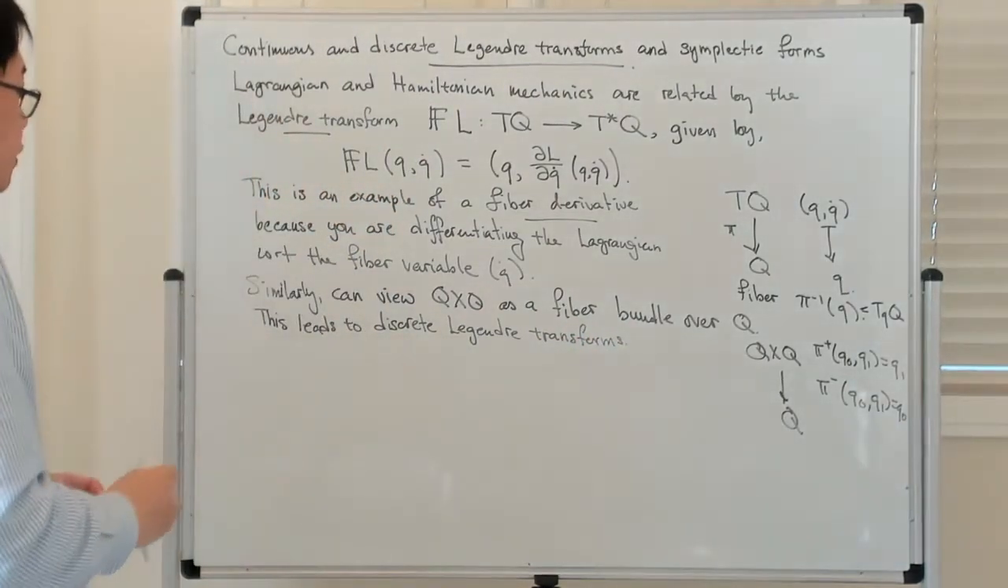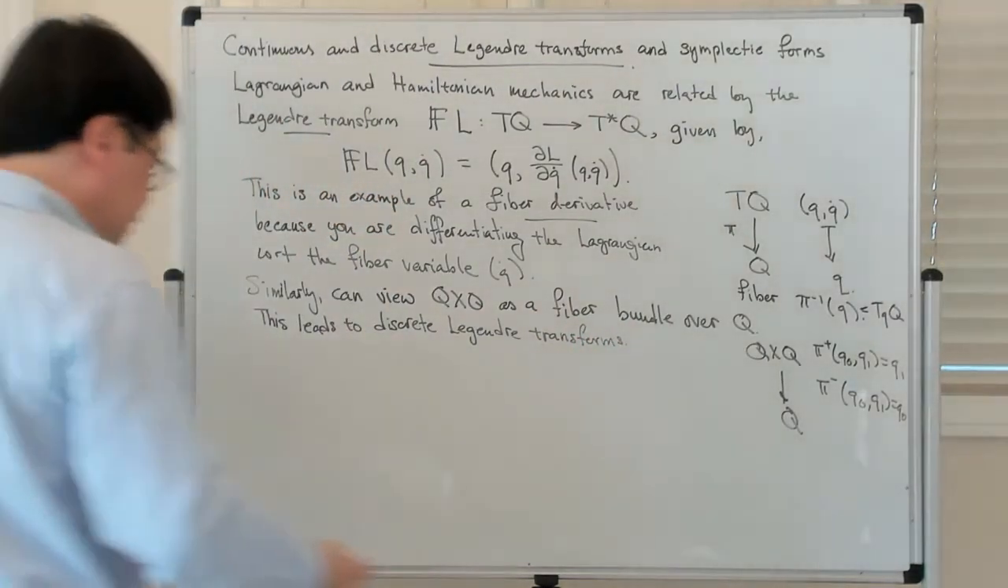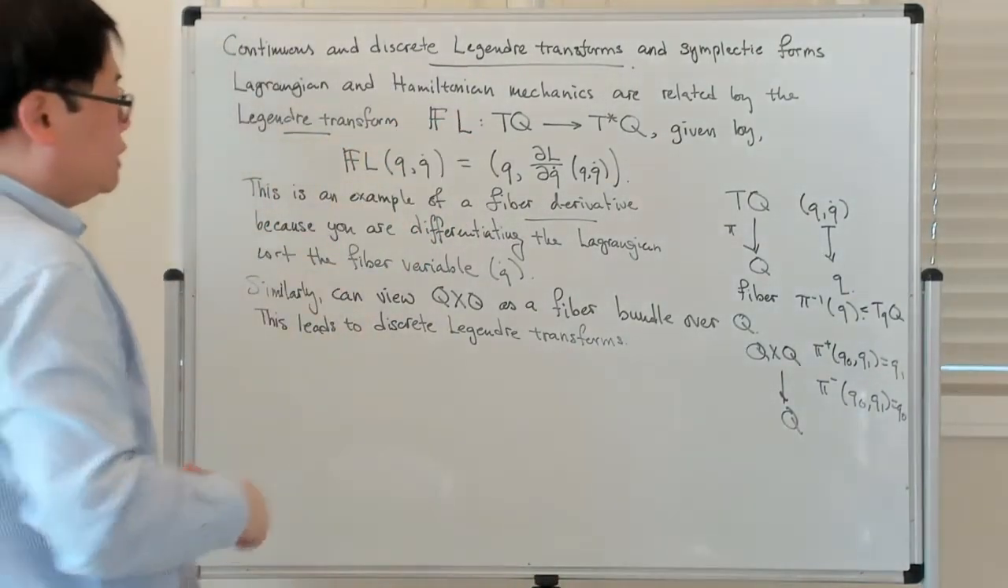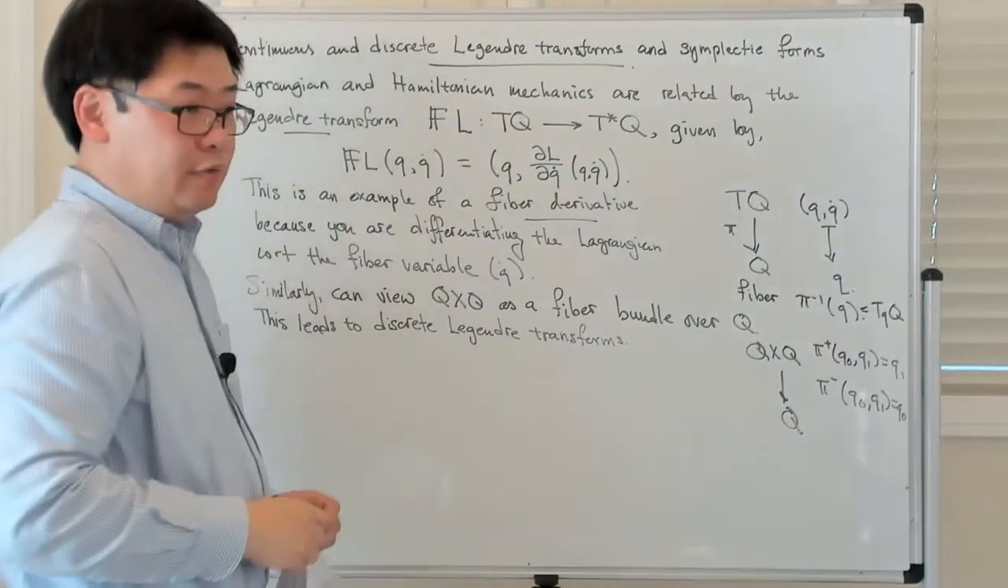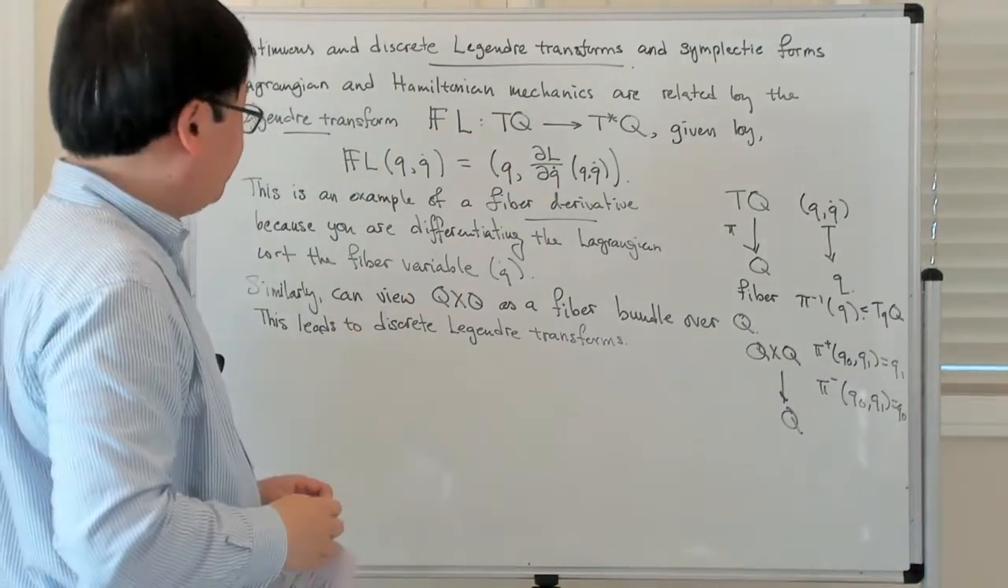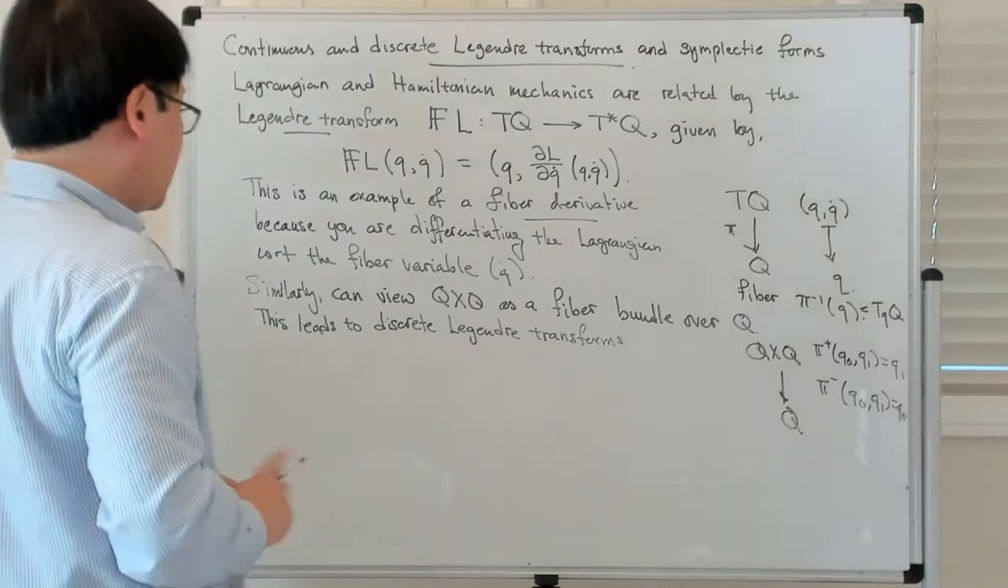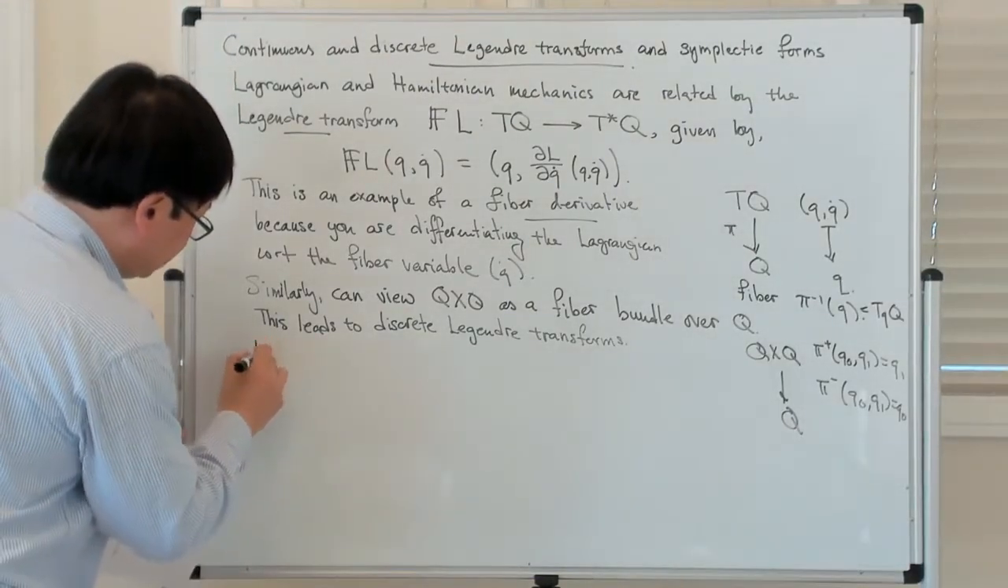Okay, so again, you start off with a Lagrangian, which depends on position and velocities. You differentiate with respect to the fiber variable to give you a fiber derivative. Now in the discrete setting,